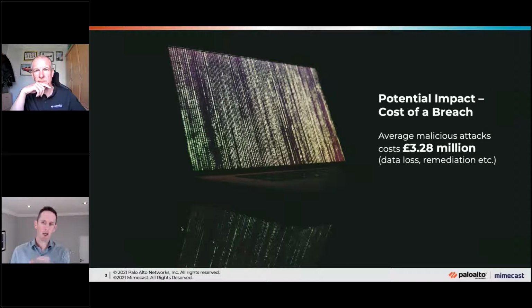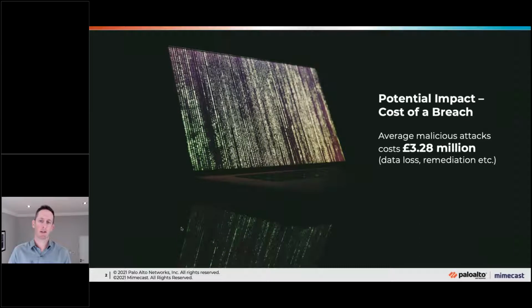And that's where I want to specifically pick on that value of 3.28 million, because what's really interesting about that is often, prior to joining cybersecurity, I used to look at these values and say, well, that's just a really big number. That doesn't really mean a whole bunch to me. But if we look at that recent one, the important piece is how much did they actually pay? What was the respective data loss that they're going to suffer as part of that? So how many different systems did they need to rebuild from scratch?